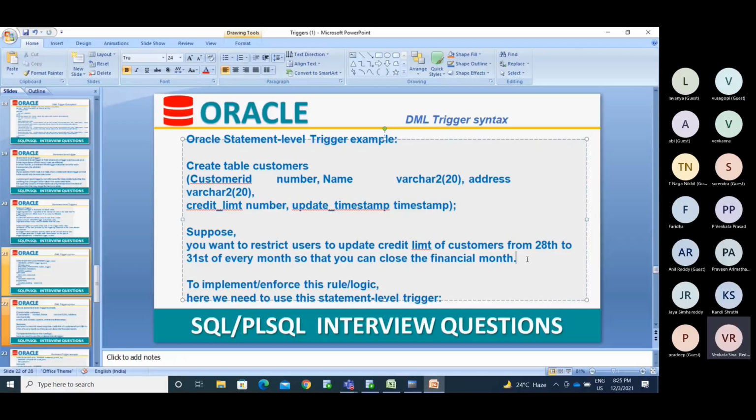If you want to increase or decrease the salary, you need to update it prior to the 19th of this month. Then the salary will be credited with the current month's effect. If you update from the 21st onwards, the salary won't come in the current cycle.